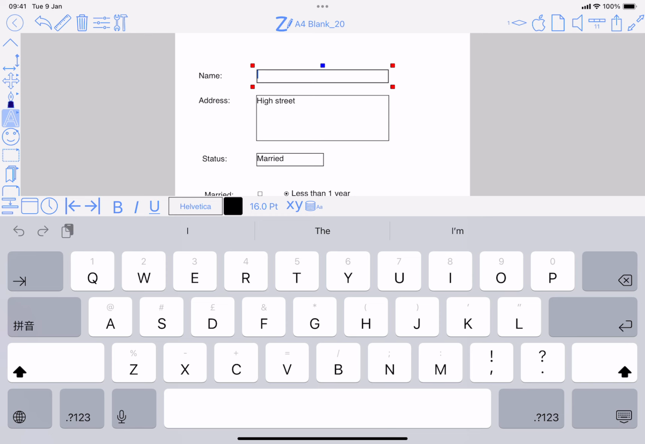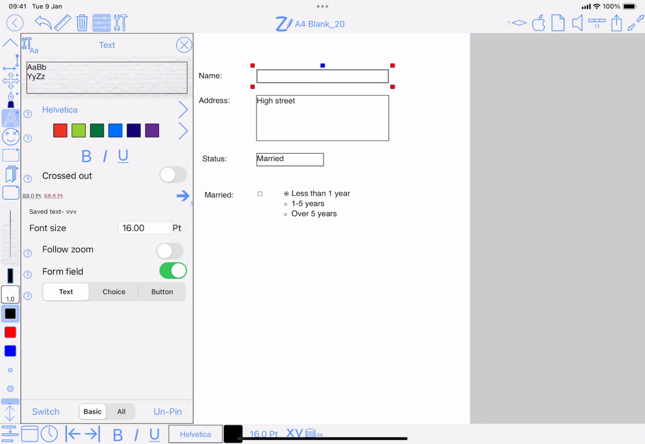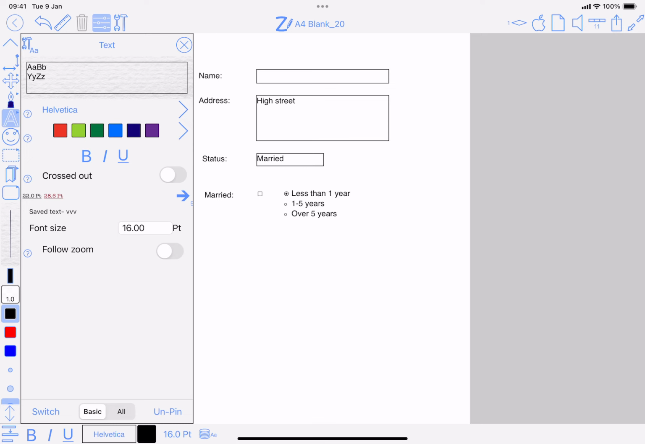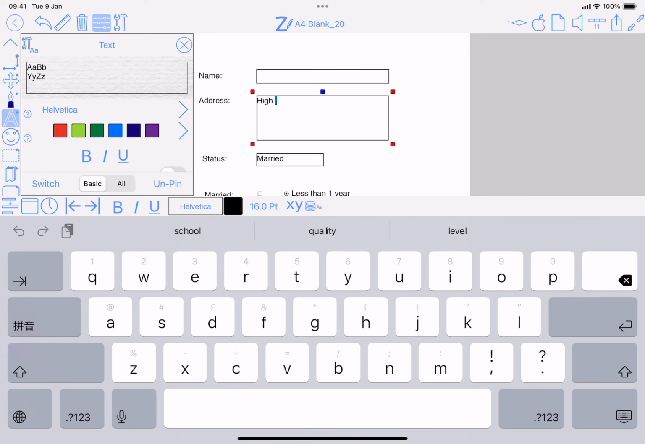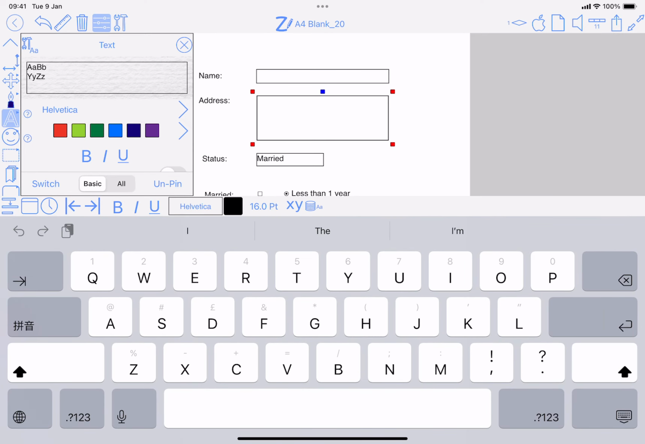Okay, I've been filling it in, but the new bit is this one here, form field. You enable it, and that tells the app that you want to treat it as a field that someone else is going to fill in. And a form field has three basic types: text, choice, or button. So these first two are just text,